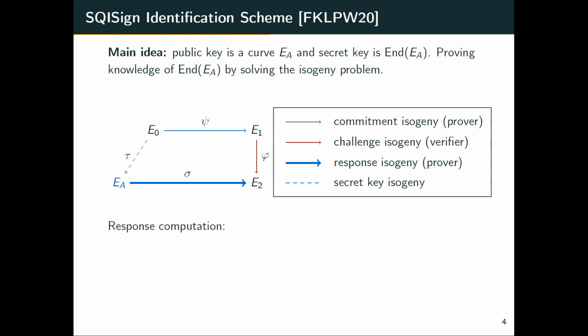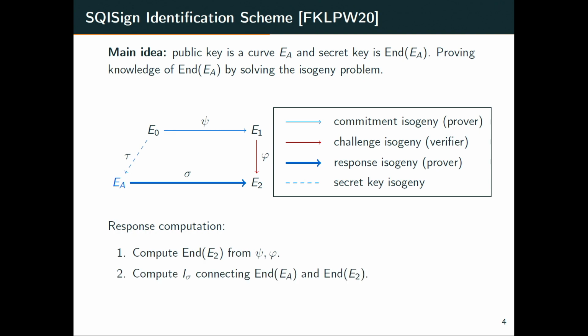So how does he do that exactly? So the first step is to compute the endomorphism ring of E2. So once again, you can use a path from E0 to E2. I'm not going to explain how this works, but you can trust me, you can make it work quite efficiently. Then once we know the two endomorphism rings, we are in this very nice case where we can apply this quaternion algorithm. And with that, we found an ideal connecting these two. And then finally, I can translate this knowledge into an isogeny, which is going to be my response.